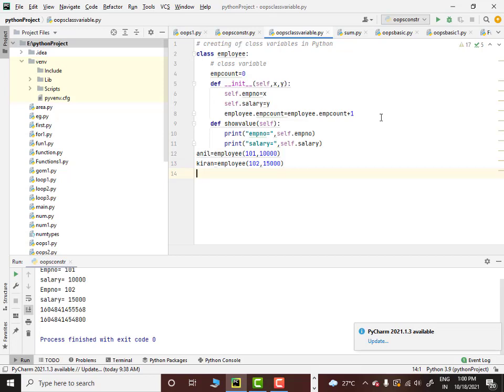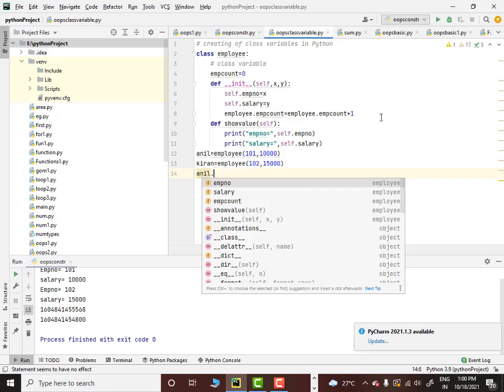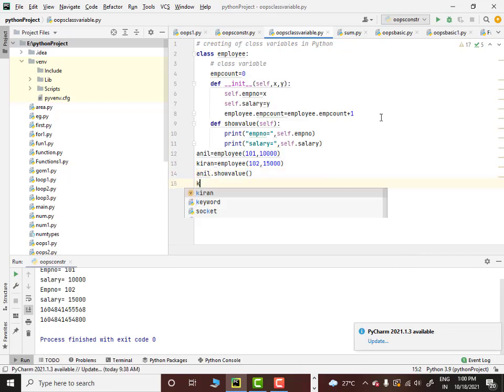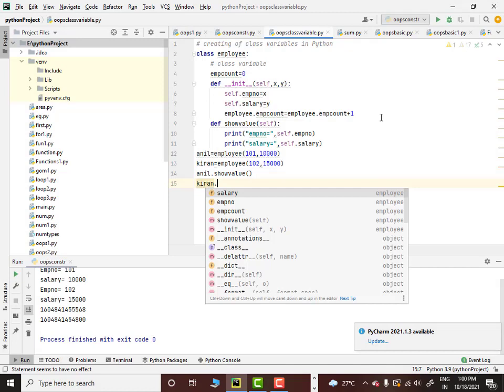Okay, now using the Anil object, I will call show_values, and using the Kiran object, I will call show_values.